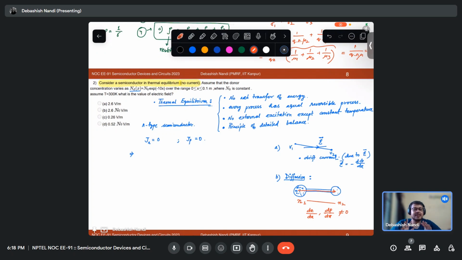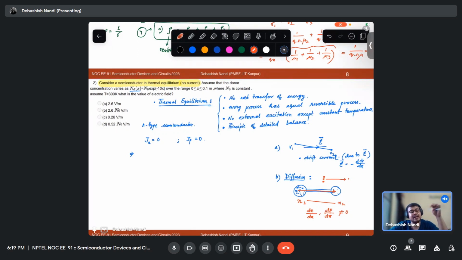So we will only concentrate on these two kinds of mechanism. If charged particles move from higher concentration to lower concentration, obviously there is a movement of charge. Obviously there will be movement of current. For that there will be current also, right? So current is generated due to two mechanisms, drift and diffusion.